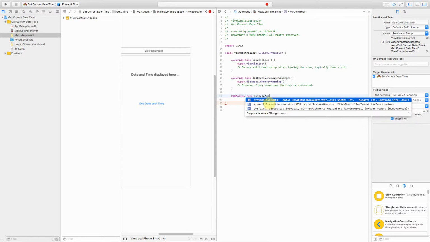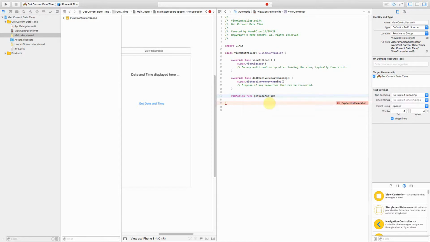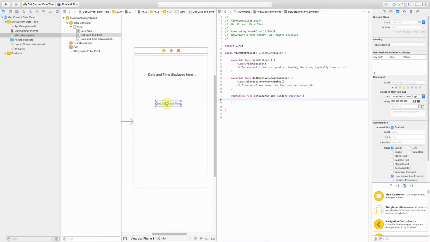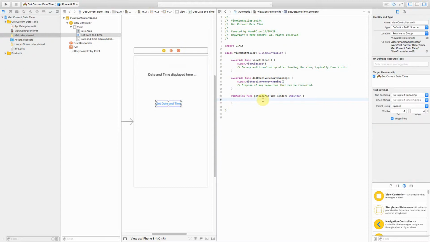I'll just name it getDateAndTime, using camel case. And here the sender will be a UIButton. Perfect. Before I get into the functionality of this method, I'll quickly associate it in the storyboard. I'll press control here and associate it, and you can see the event name which we just typed has come up here. Perfect. And now we will proceed.